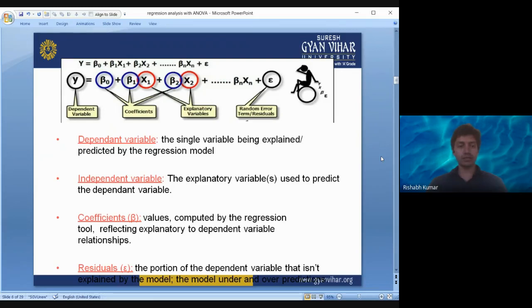Y is the dependent variable, so its equation is going to be beta naught plus beta 1 x1 plus beta 2 x2 plus beta 3 x3. In this equation these betas are the coefficients, and x1, x2 are the explanatory variables